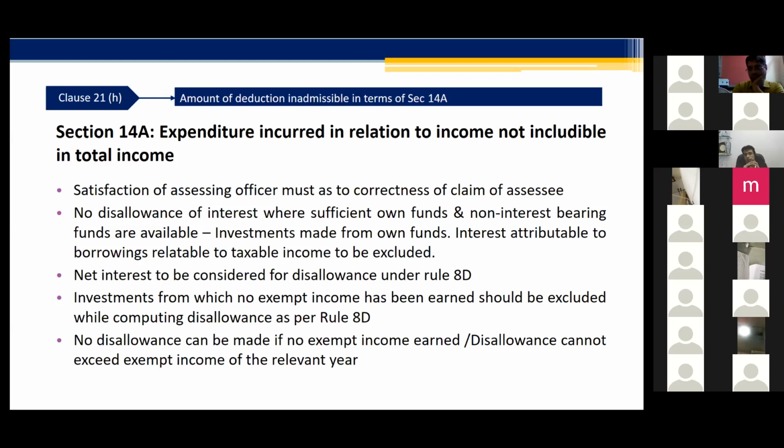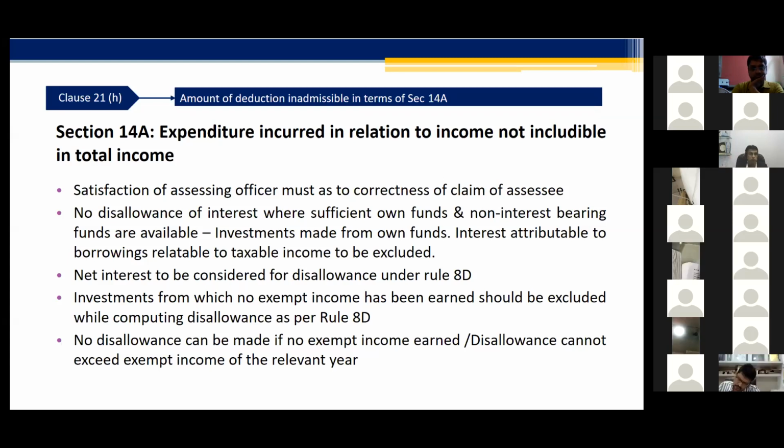Now the question that arises is, as an auditor, whether you are required to give a working under 8B. We have a very different view on that. 8B applies actually to the assessing officer. Under section 14A(1), the onus is upon the assessee to satisfy the assessing officer that there is no expenditure incurred in relation to income not included in total income. If the assessing officer is satisfied, the matter gets over, there won't be any disallowance. If he is not satisfied, then he moves to sub-clause 2 and he has to apply Rule 8B